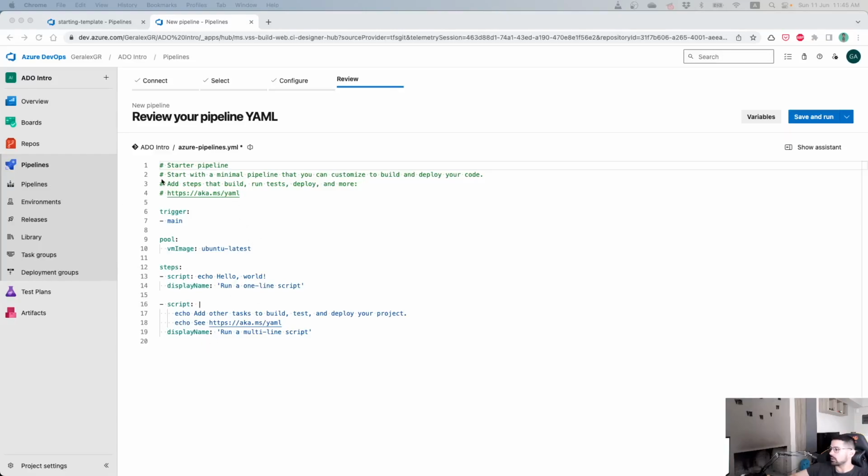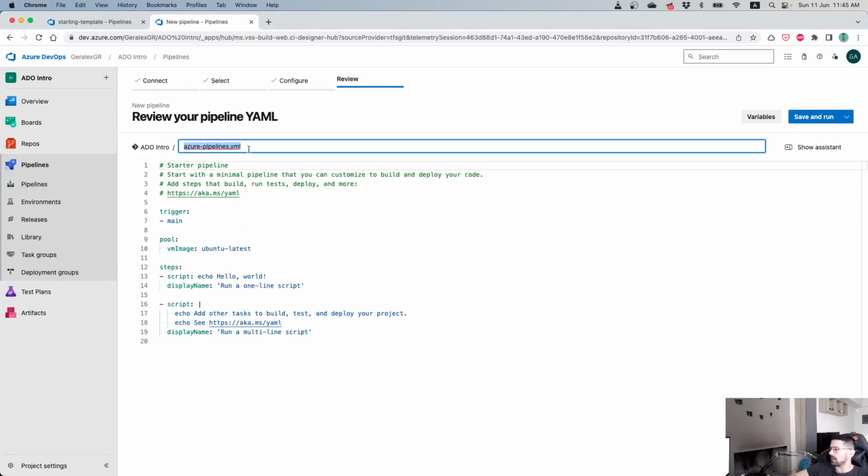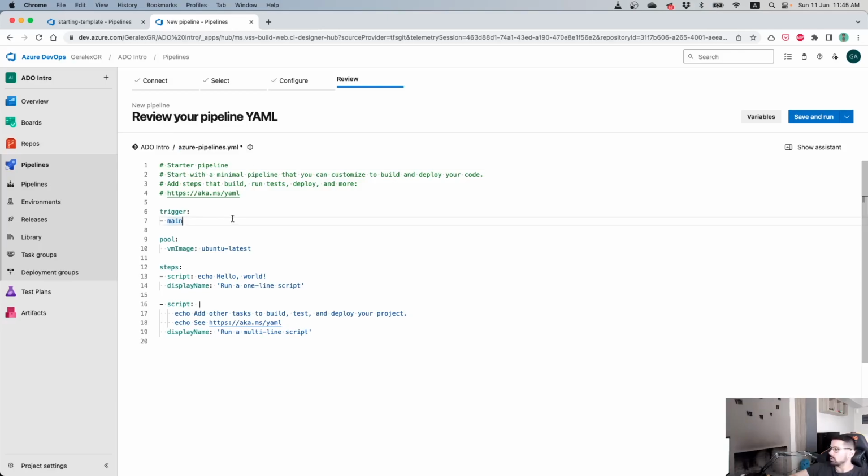The first thing you can do is to change the name of the pipeline inside your Azure repository. You can leave the default name or change the name to match appropriately based on your case. Then we can look at the code of the pipeline and explain the sections that are included. The first section is the trigger. The trigger in Azure Pipelines will indicate when your pipeline will run. For this particular case that the main branch is selected, this pipeline will run automatically when a push is performed